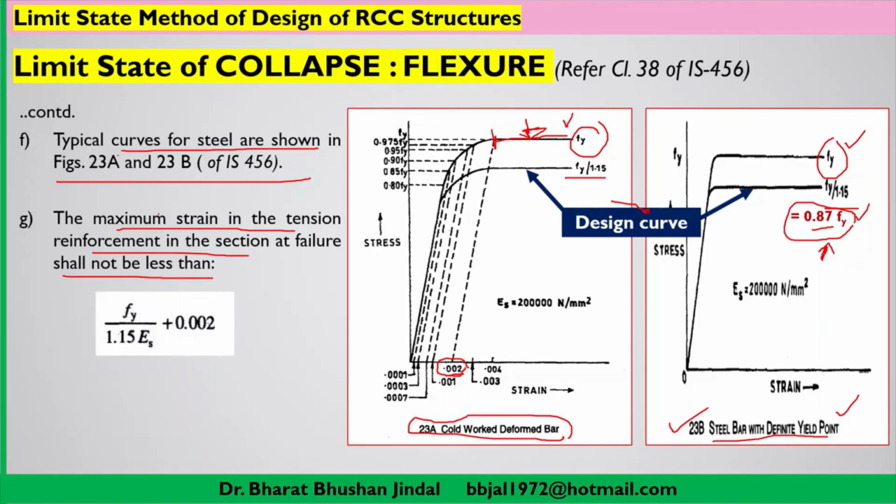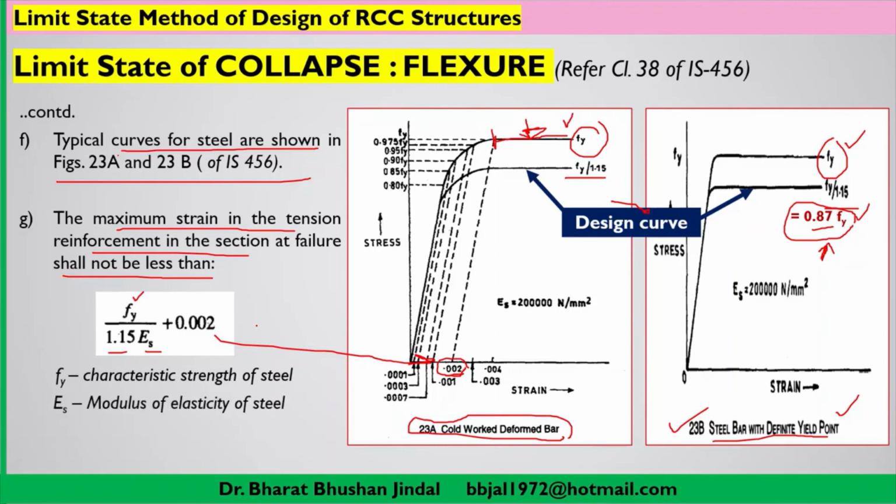Now what the code is saying: the maximum strain in the tension reinforcement shall not be less than the following. Now fy by 1.15 we have taken here, that is 0.87 fy. Stress divided by modulus of elasticity will give you strain, plus this 0.002 which we have taken here. So this much will be the maximum strain. So fy, you know, is the characteristic strength of steel, and Es is the